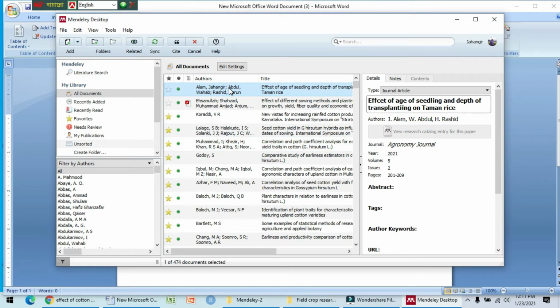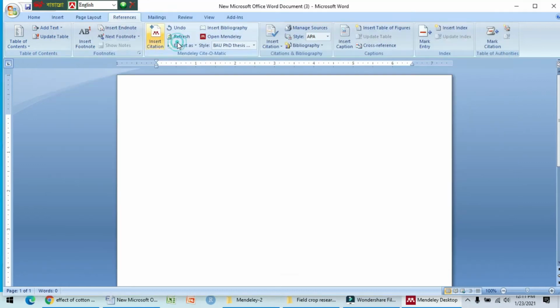Because of the first author, I have selected this and go to cite. So Alam et al. 2002 reported rice cultivation in SRI, the SRI technique is very suitable, etc, etc.